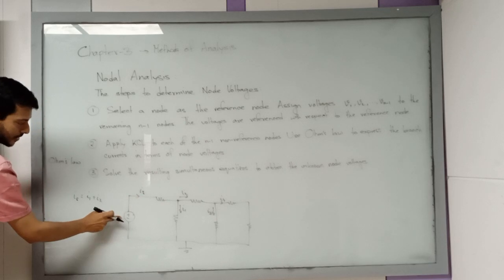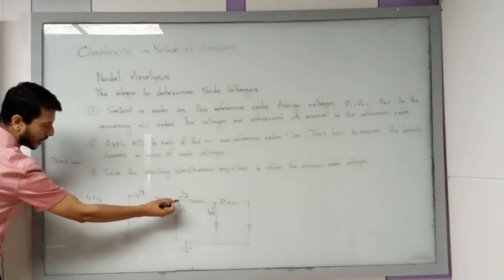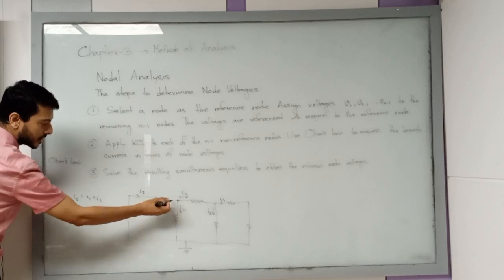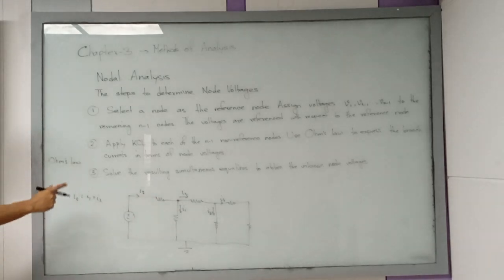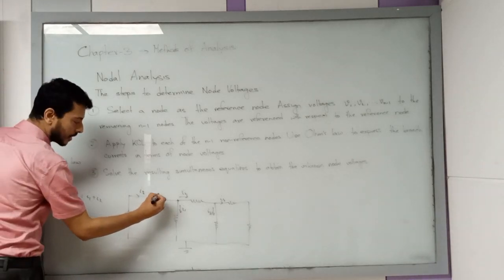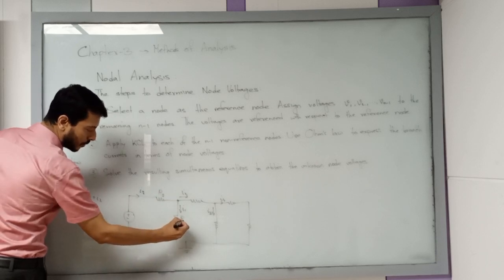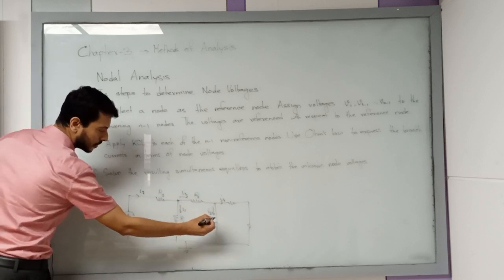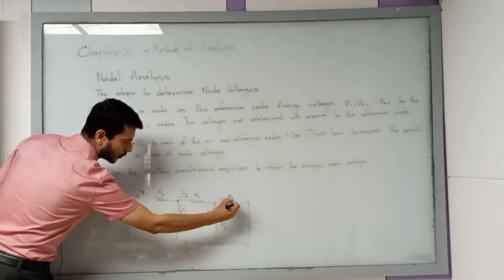This IS is the difference between the potential over here and the potential over there, divided by this particular resistance, which will give you the supply current. Let's say this is RS. This is R1, R2, R3, R4,